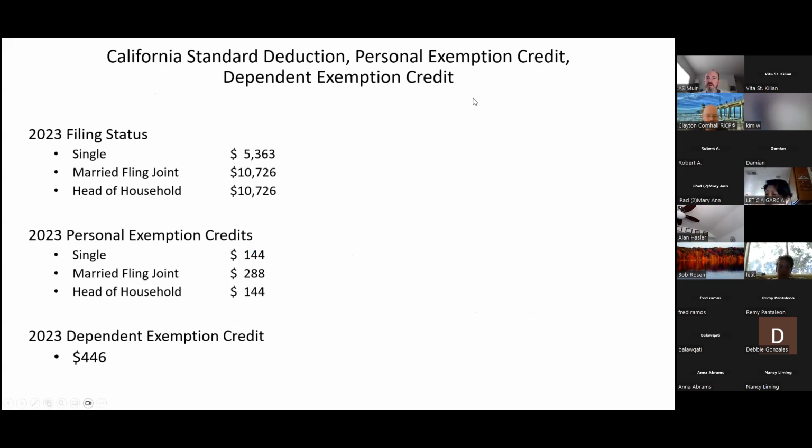Okay, so real quick, when you're looking at that VITA manual from the state of California, it has a lot of information. It talks about 2023 tax year. And one item it talks about the filing status, the personal exemption credits, and the dependent exemption credit. And this all appears on the form 540. And so you can see,